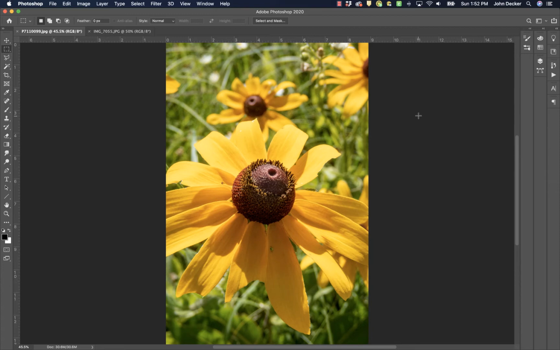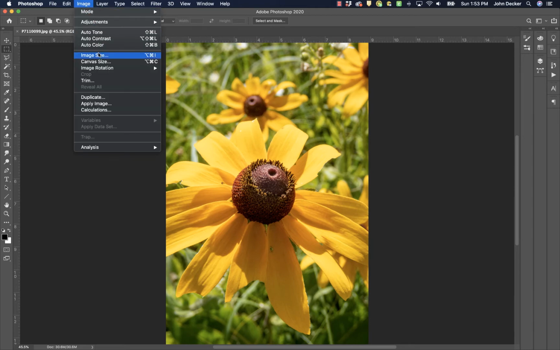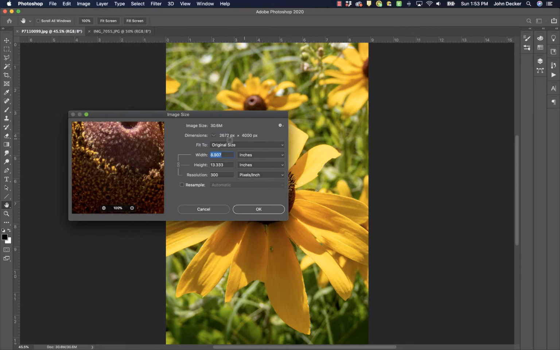So what we need to do is make sure that we resize our images before we embed them in a Canvas discussion post. So this video tutorial will show you how to do that using Photoshop. So I've opened an image here that I shot with a digital camera, and I'm going to go to Image, Image Size. And as you can see here, this is